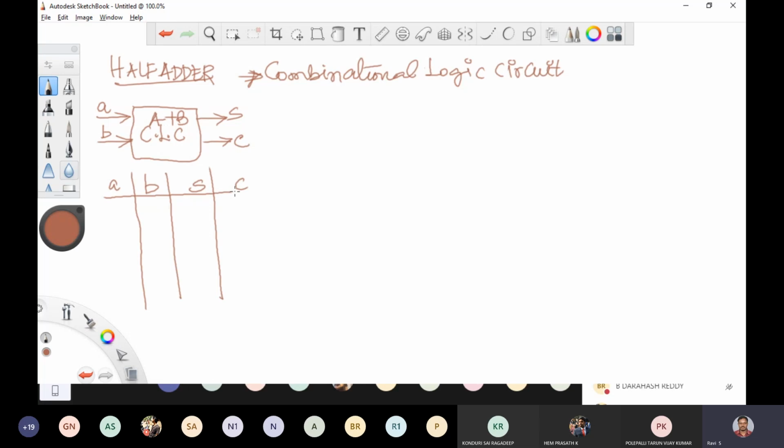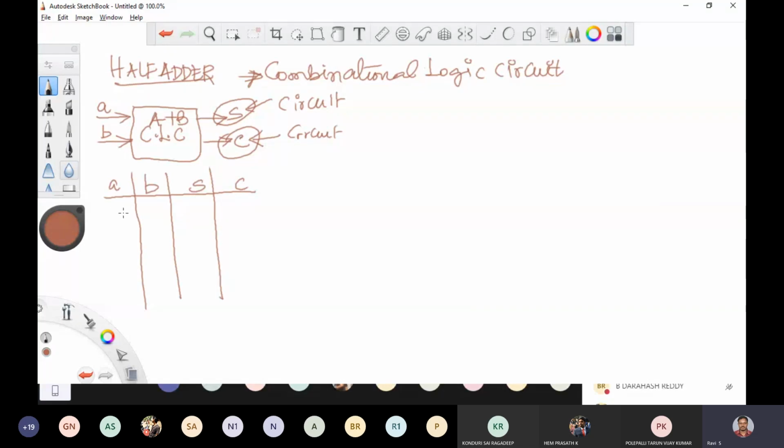I'm trying to derive the function for sum, function for carry, or circuit for sum, circuit for carry. Once I derive the circuit required for generation of sum and carry, I can make the circuit diagram for half adder. Later that circuit I can represent in Verilog HDL. That is the idea.